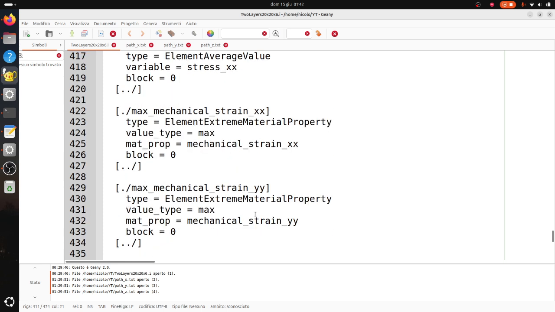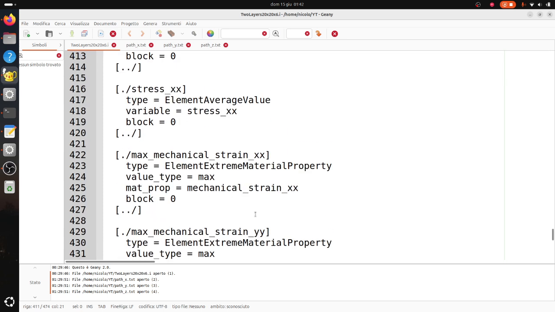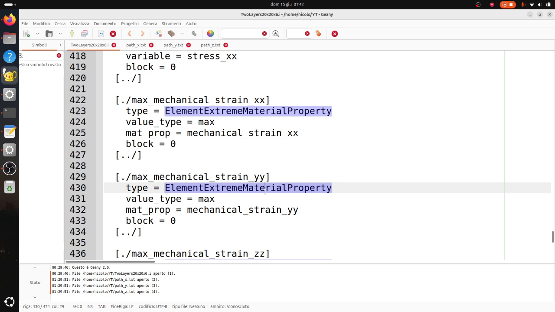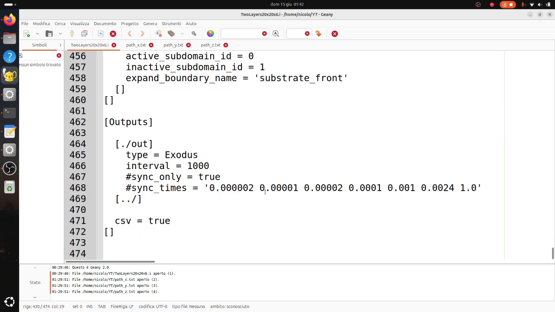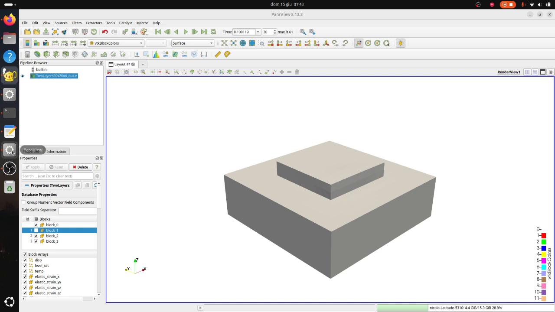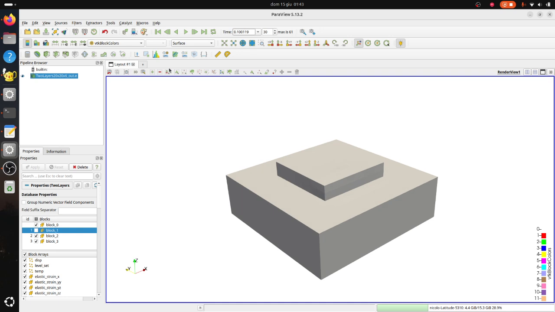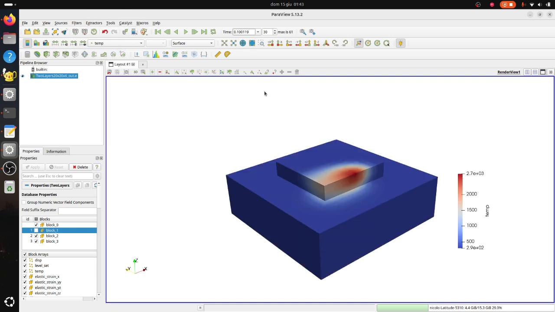just to understand what's going on in the simulation. You can also use this one to find the extreme values, maxima and minima, which can help, for instance, with inherent strain calculation. The output block, you can use the sync time to output at a specific time you want, or use an interval. In this case I'm outputting every 1000 time steps, and you can see that's 1000 time steps. If you look at the heat sources,